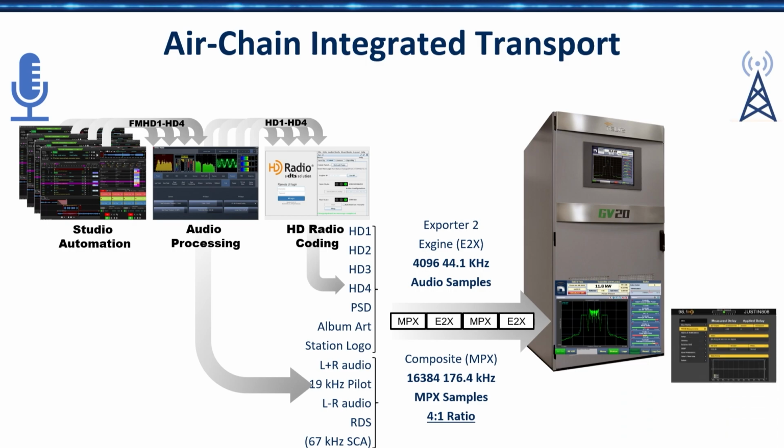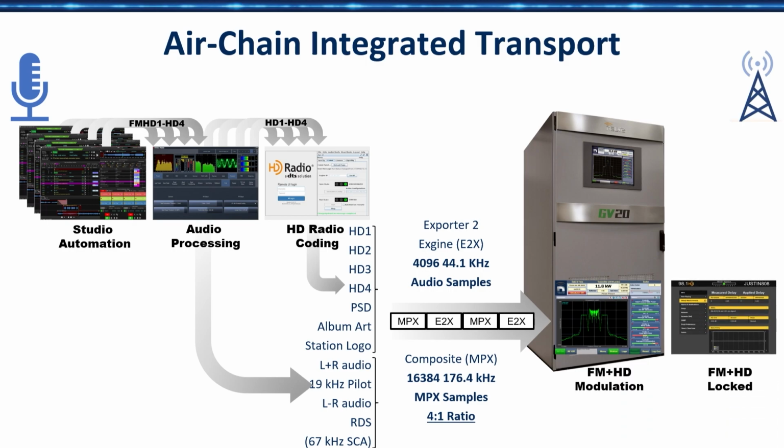So all we ended up doing is creating a protocol that intersperses composite MPX with the E2X through a pipe, and the two can't move from one another. So they're locked in time using the synchronous mechanism. They can't shift anymore. We've locked them in place. So now we no longer have to keep all of the equipment at the transmission site. It allows us to move the equipment wherever we would like, and it could be the cloud. And we can demonstrate that we have perfect time alignment for all of these processes as we go through.